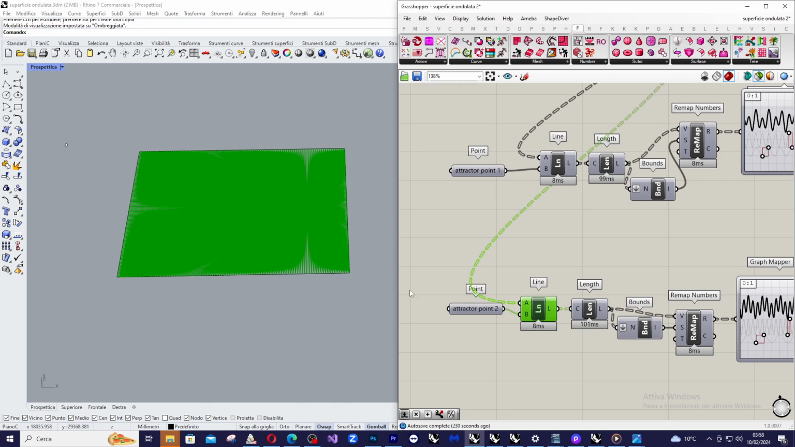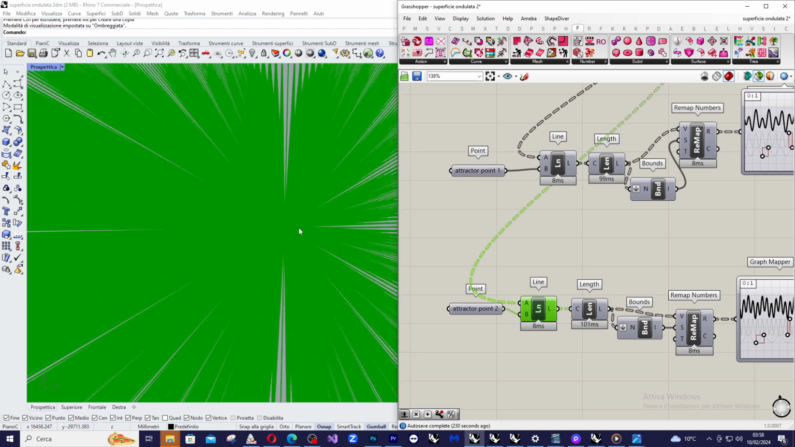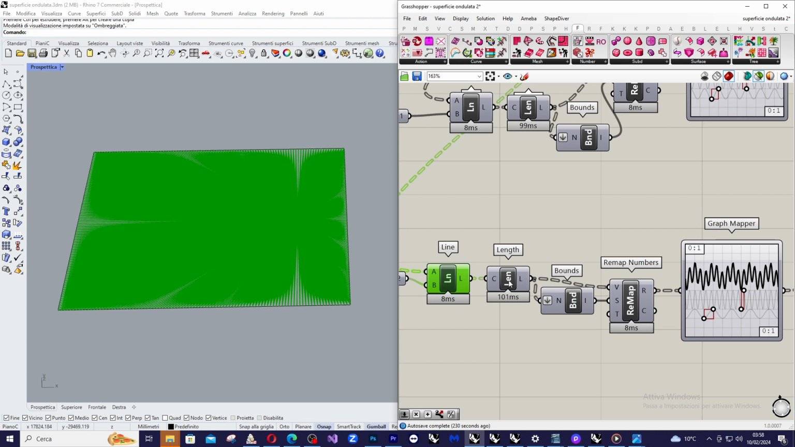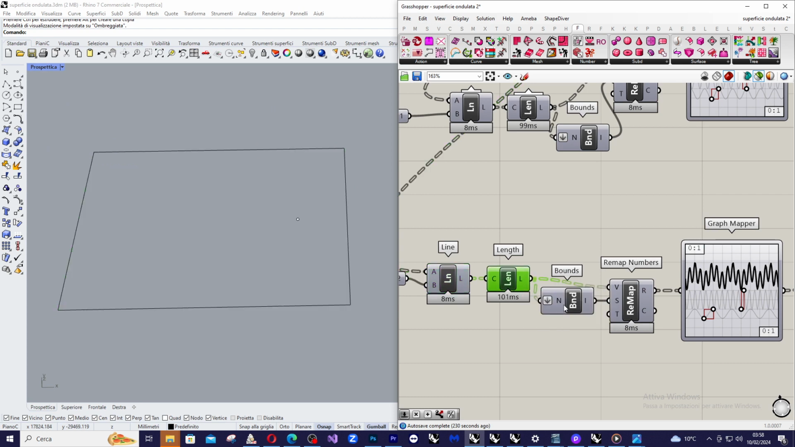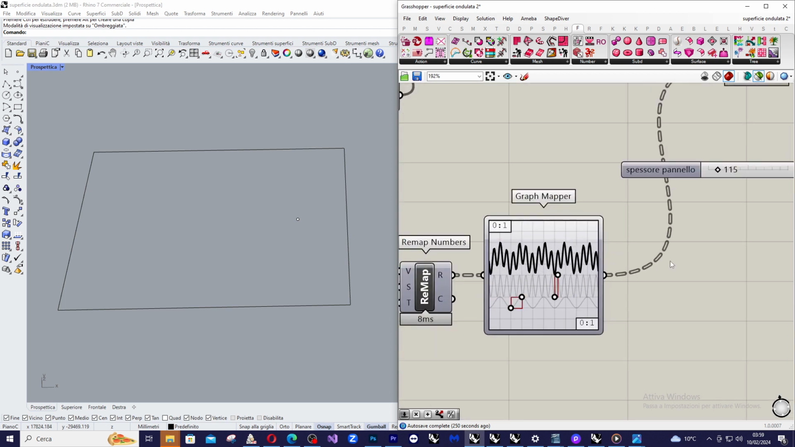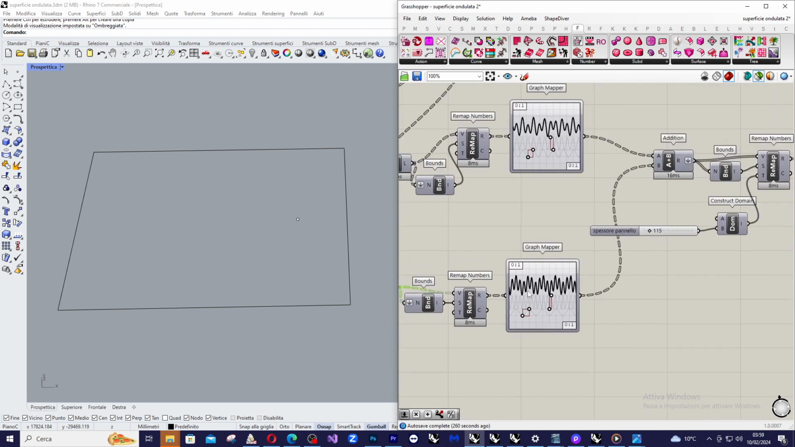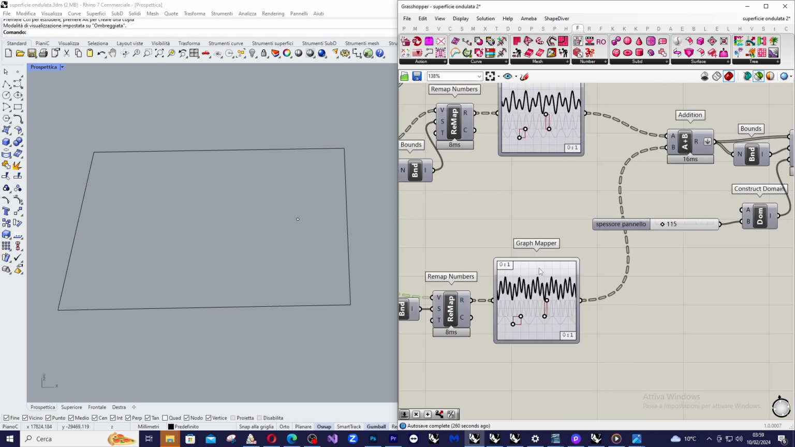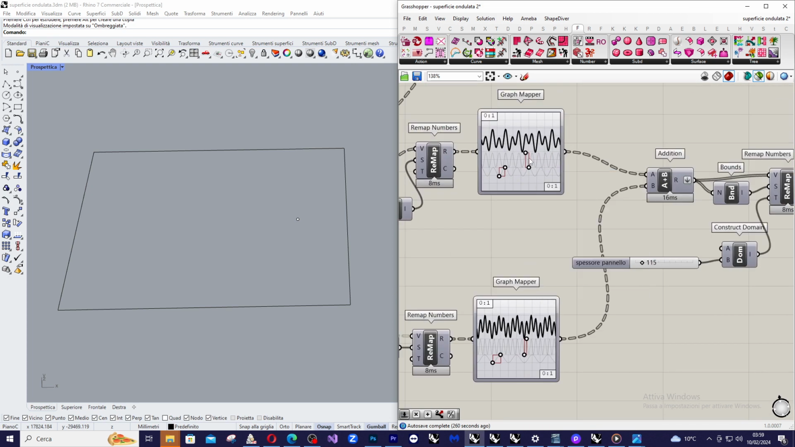So I create a line that connects each point to this attractor point. I evaluate the length of each line. I evaluate the domain that encompasses all the line lengths, and then I remap all the numbers coming from line length to the target domain, that is from 0 to 1, and then I apply a Graph Mapper just like before. And I use the result to